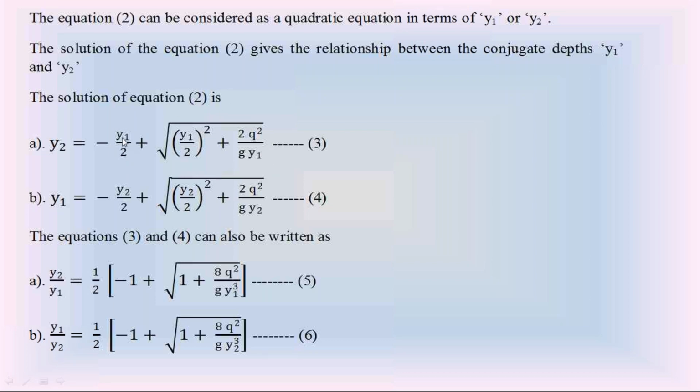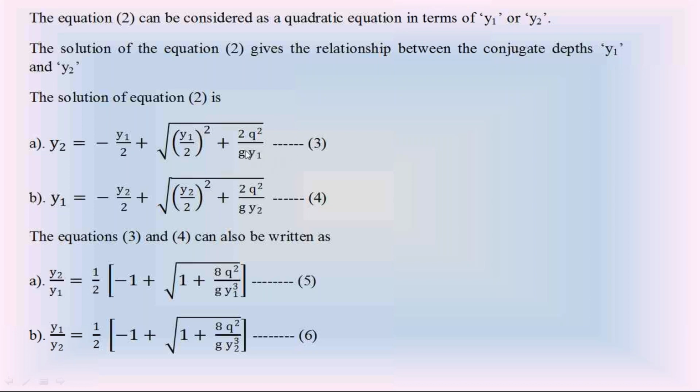So if I take this y1 common on the right hand side, this y2 is equal to y1 in the first term, there in the second term, and it is in the denominator y1 square. I am taking this y1 square from this root common. So y1 square, bring it to the outside. Root of y1 square is y1, and in the second term, since I am taking that y1 square common, multiply by y1 square divided by y1 square.